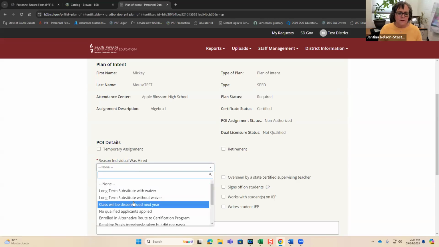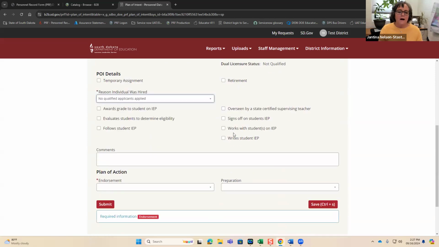Reason individual was hired, I'm going to just say that no qualified applicants applied. As far as the duties for this bed, I'm just going to say awarding grades to the student on an IEP. If you want to track what that person told you, you could put comments in there.